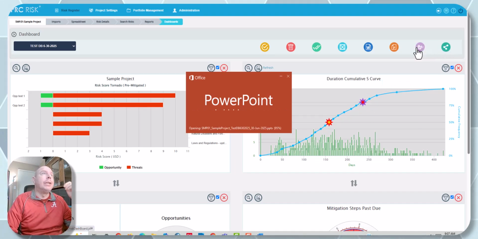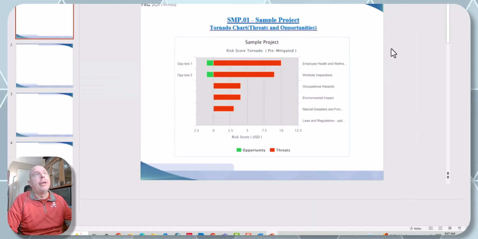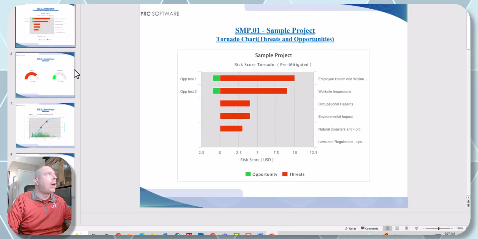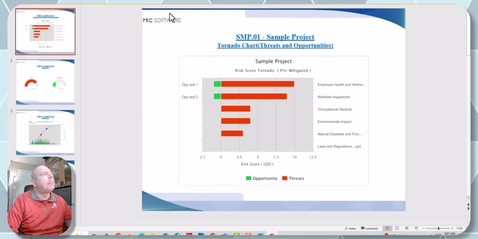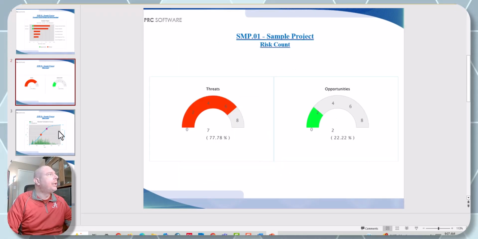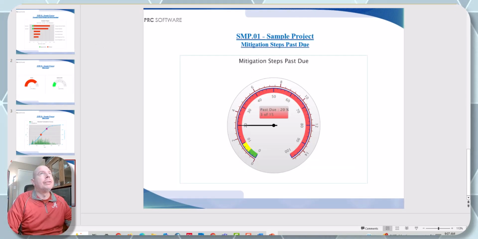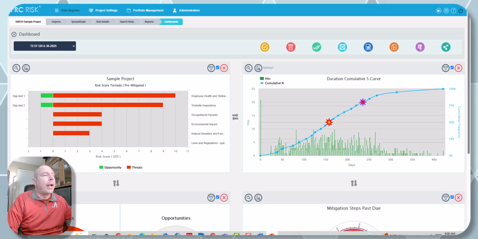So if you're given a full risk report, it's the Word report and the PowerPoint slide deck. Here you can see the PowerPoint slide deck. Your logo will go up in the top left. And as you see, as we go through here, it's got all of my pictures. They come right out. Now, when I go to the Word report,